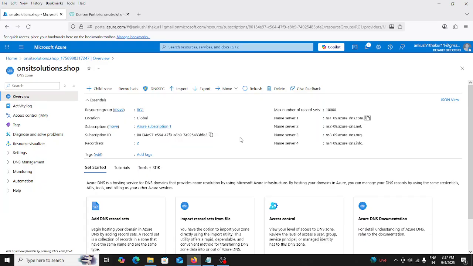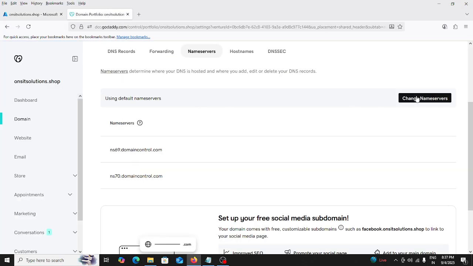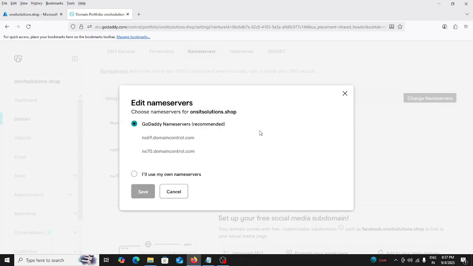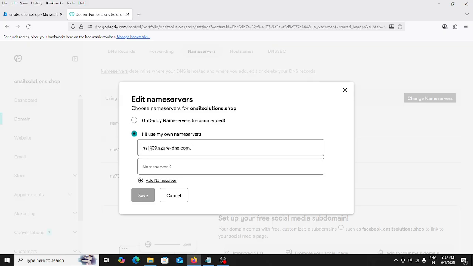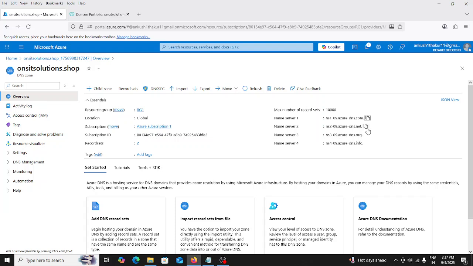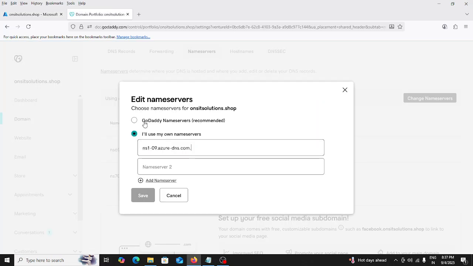GoDaddy will transfer this request to Microsoft Azure, and they will show my website, or they will connect the web servers. So this is one, this is second,